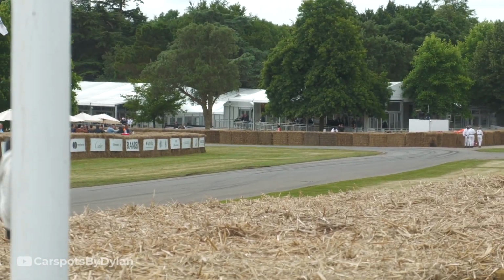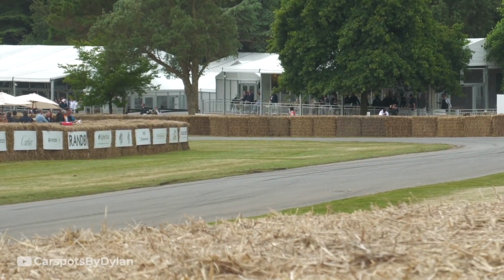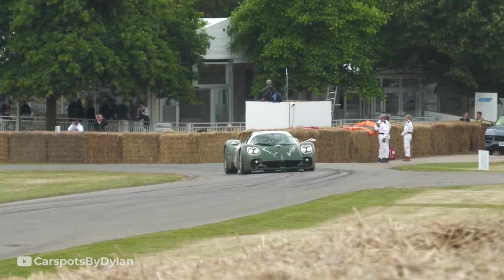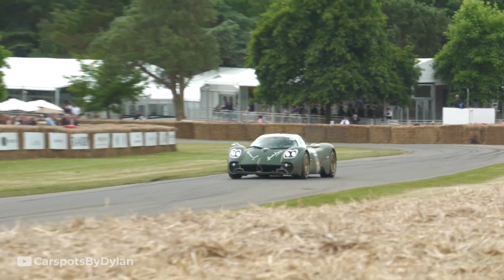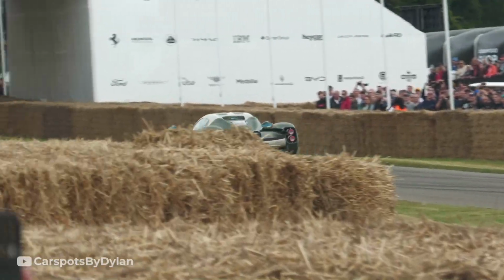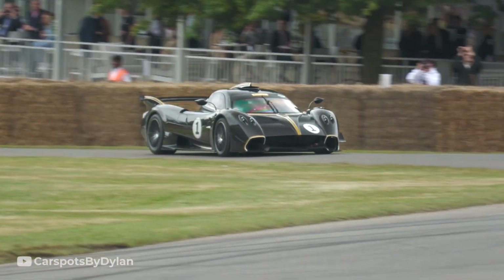And here we are with the Pagani itself. Francis Faulkner, who looks after Pagani in the UK, at the wheel here. And you'll see the active area, you'll see the two wings. Sort of supersedes the